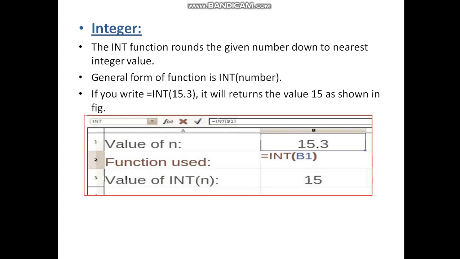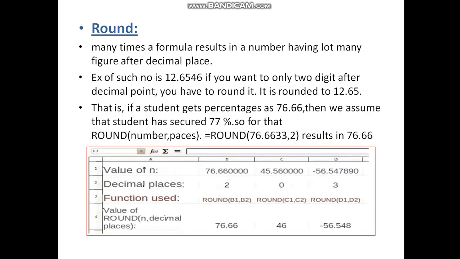First of all, what is an integer value? 1, 2, 3, up to any such number is an integer value. But when we type 15.5, 15.6, 13.5, they are float values, not integer values. Float means a point value or a decimal value. When we want an integer value from a float value, we use the integer function. So for that, type INT of B1, which is 15.3, and it will give an integer number, which is 15, and 0.3 is cancelled.